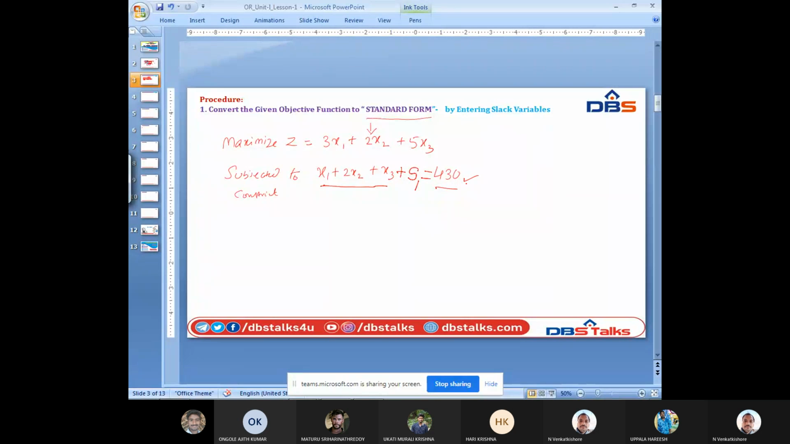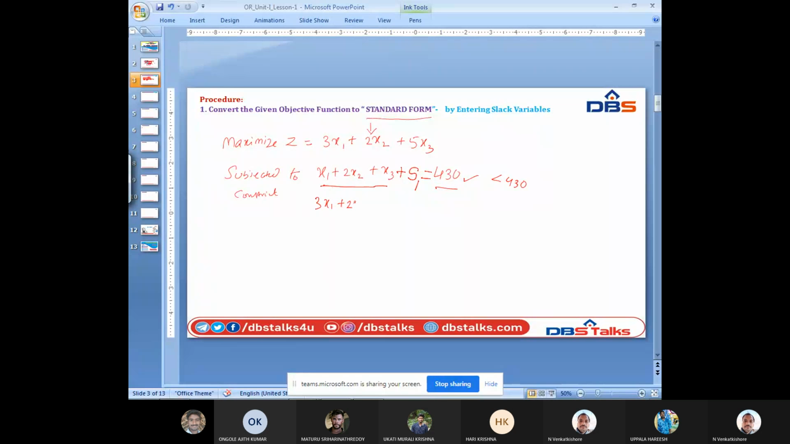Now we are equating these by adding something called a slack variable to 430. So it is less than or equal to 430 previously. Now we are equating that to 430 by adding a slack variable. Then again coming to the second one,